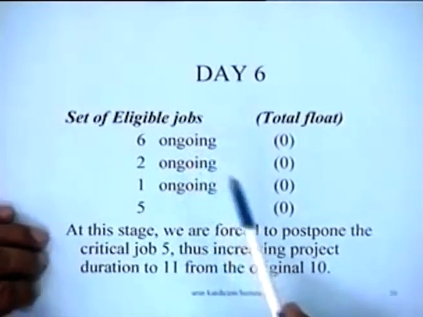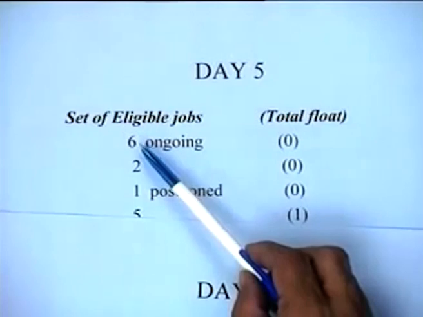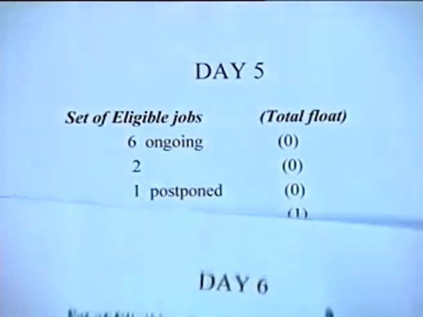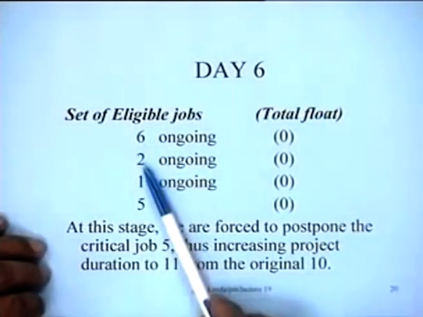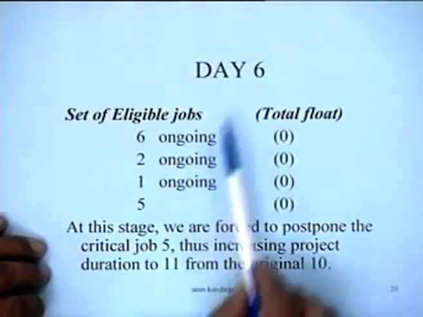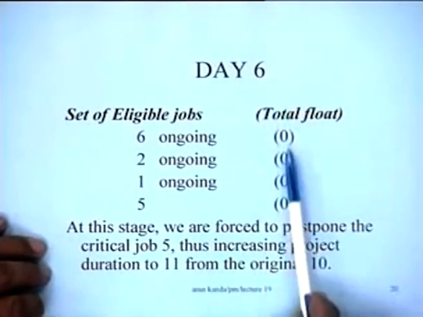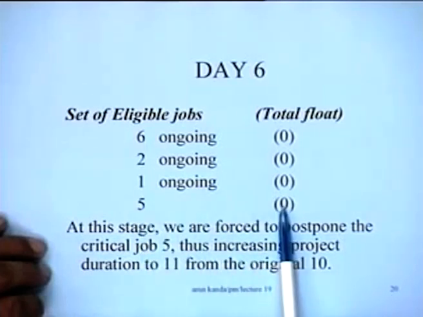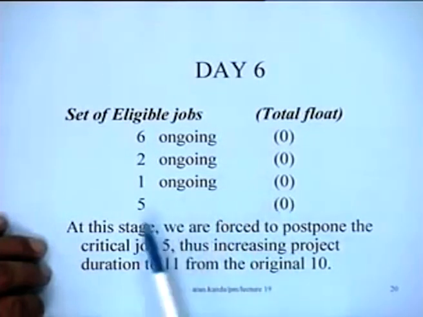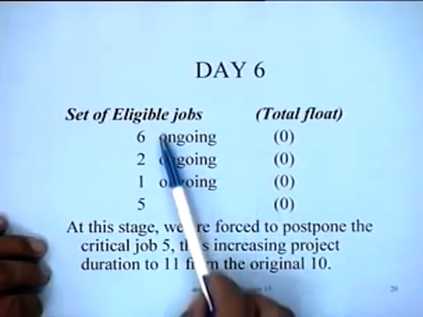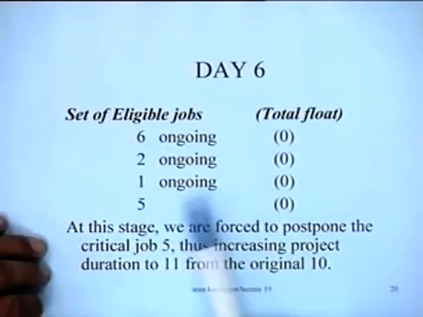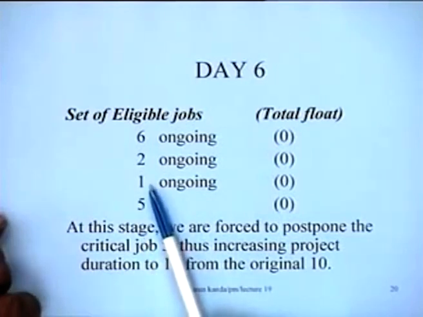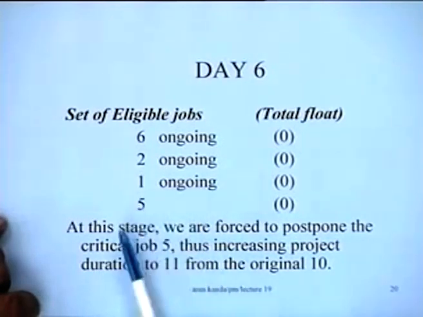Day 6 again, nothing very significant is going to happen, because 6, 2 and 1 are the jobs which were scheduled earlier. So they would now be ongoing jobs on day 6. They would be critical jobs, and at this stage job 5 has also become critical, right. Job 5 has become critical, and these are 3 critical jobs going on, but we cannot accommodate this critical job. So at this stage, on day 6,